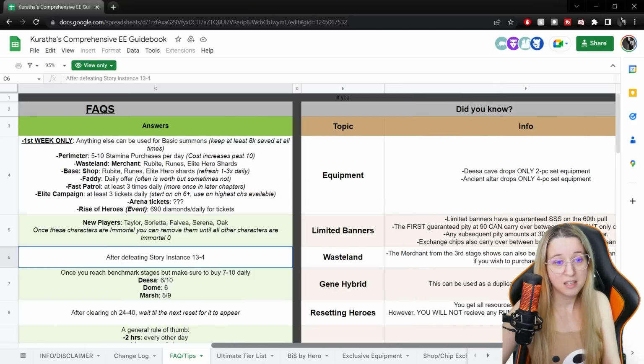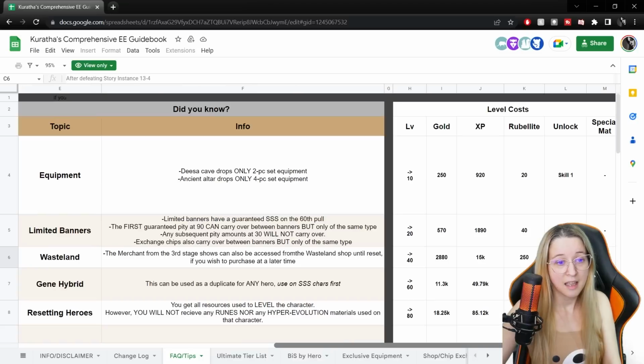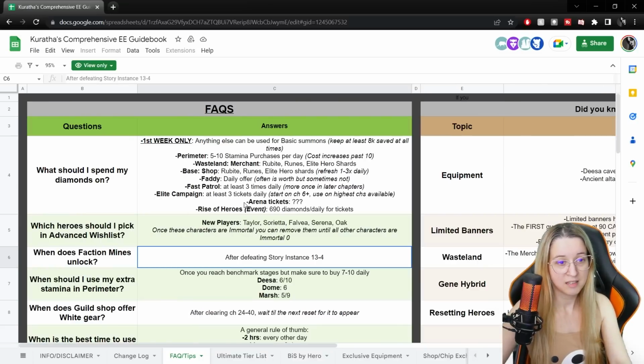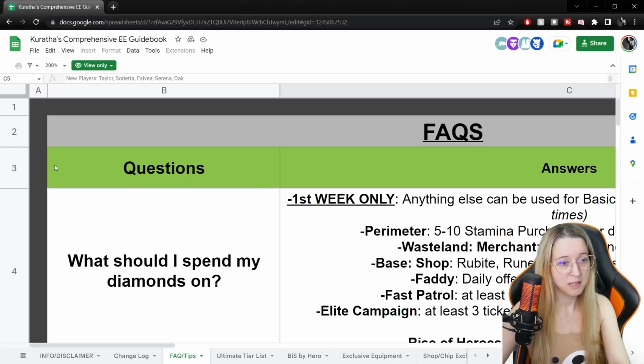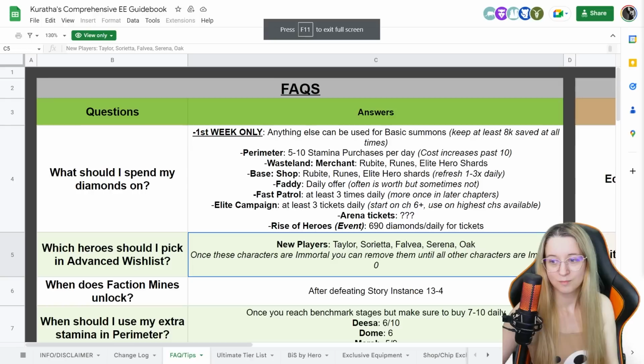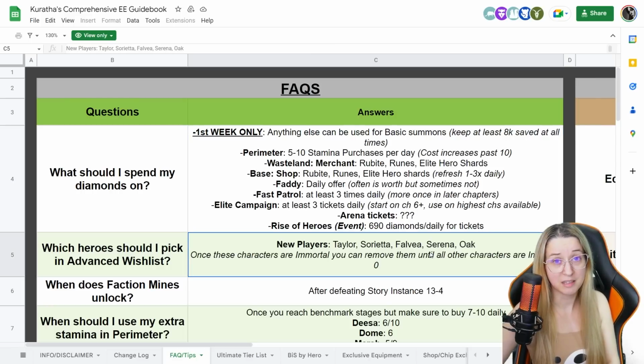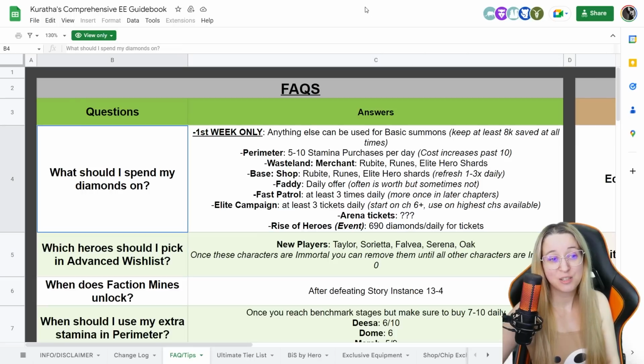So we have FAQs and we have Did You Knows. And then, what's this? Level costs. Ooh, okay, so there's a whole bunch of resources on this page. Let's start this off with FAQs. Let's zoom in, maybe? Whoop, not that much. Alright, here we go. I've already read one or two things that I have a different opinion on, so I think that'll be good for discussion. But for the most part, it seems like I agree with almost everything so far from what I quickly started to read. So let's do the first FAQ.